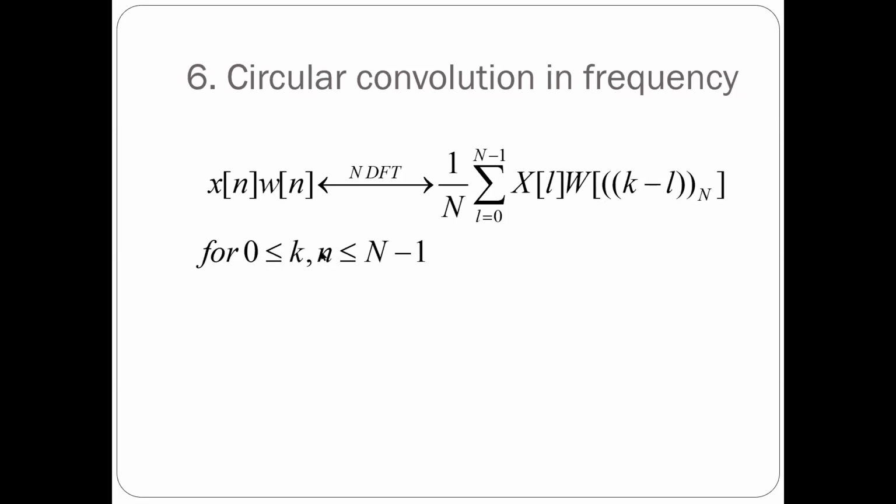See, there is no need to write 0 ≤ k ≤ n, because you already have only x[n], and x[n] is understood to be a finite duration sequence from 0 to n minus 1. But there is no harm if you write 0 ≤ k ≤ n minus 1. Is that understood? So even if you do not write n, this expression is correct. You only need to write 0 ≤ k ≤ n minus 1, but this statement is not wrong.